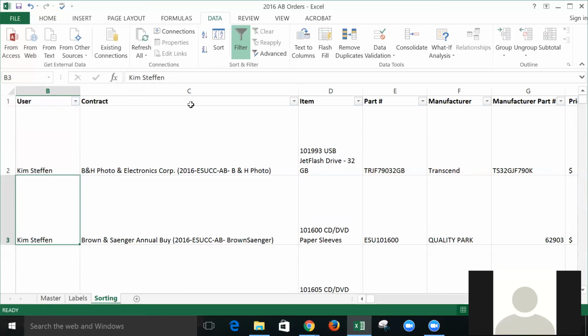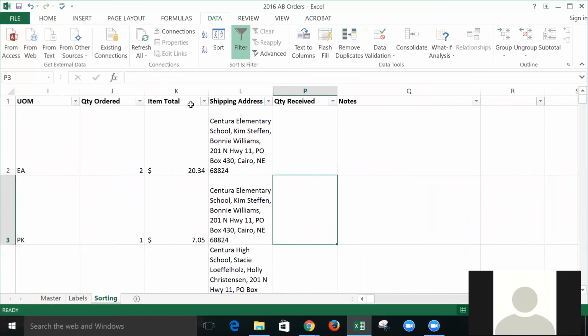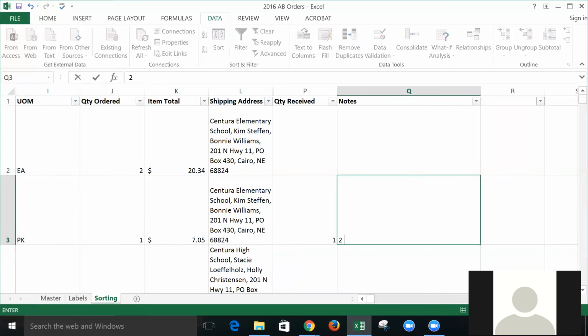And so going back to, say, maybe I received that Brown and Sanger shipment. I've received 101 600 CD, DVD, paper case sleeves. Maybe there's 3 of them ordered instead of the one showing here. And I only received one in. I'm going to receive that in. And so I can keep track of this throughout the year. But maybe on that shipment, maybe 2 of them were damaged. And so I'm going to note that 2 damaged on shipment